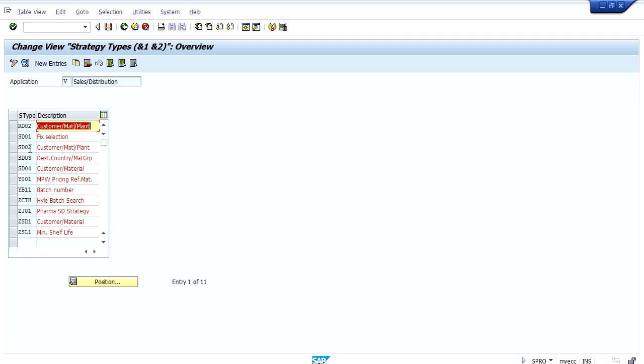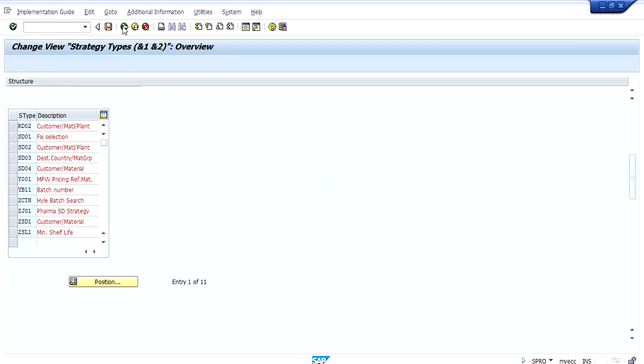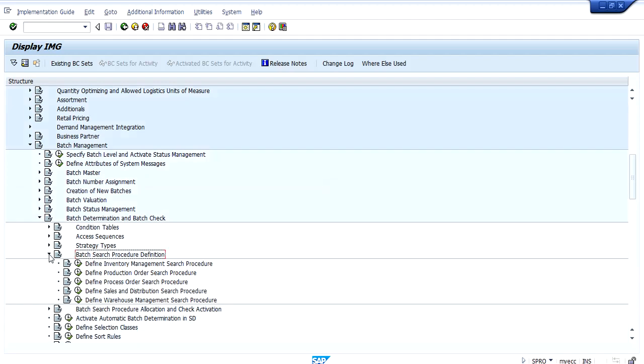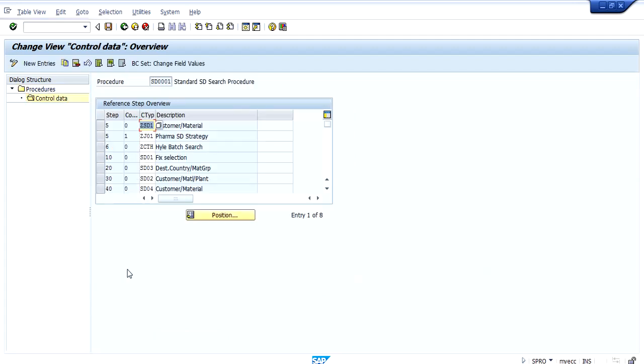Here in SD02, which is a combination of customer, material and plant, I have assigned the class that I have created and the sort sequence. So once this is maintained, then we can see a batch search procedure. Here in this procedure, we have to assign the strategy type.